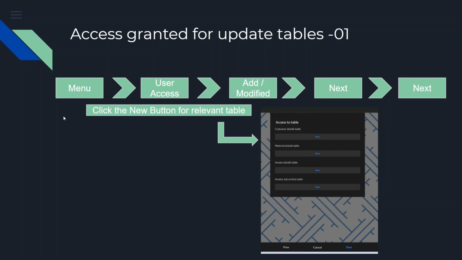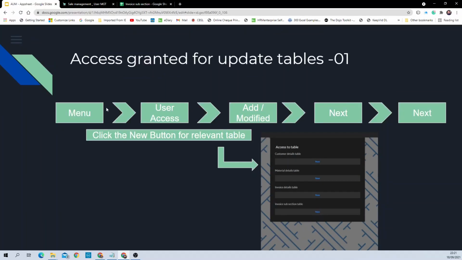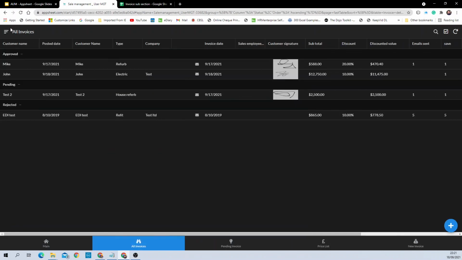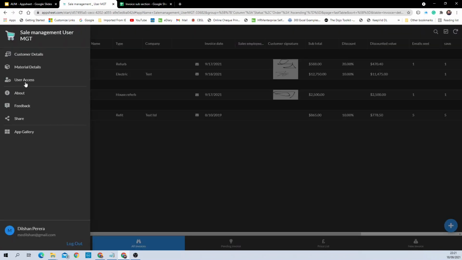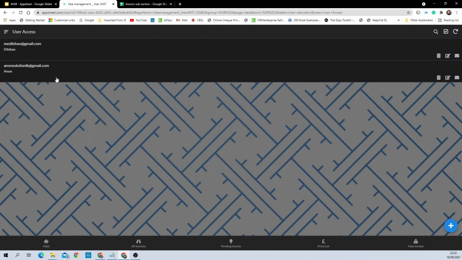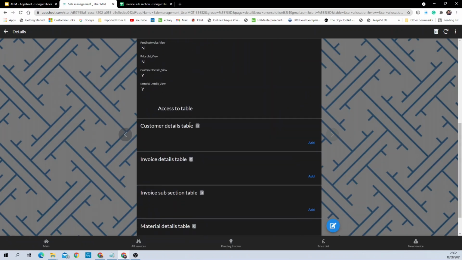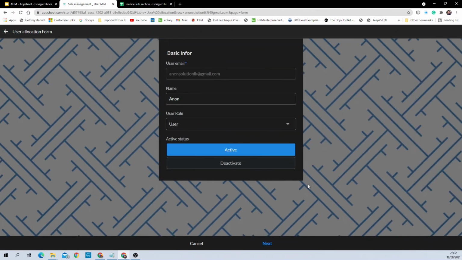You can see the path. I will go to the access view. Firstly, you have to click menu, then the access, then you have to select your user, then you can edit,